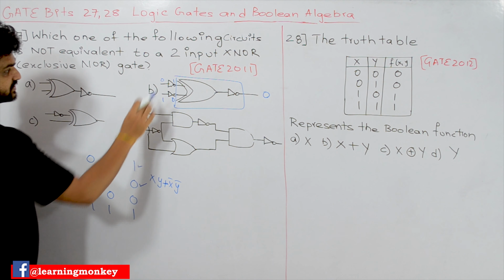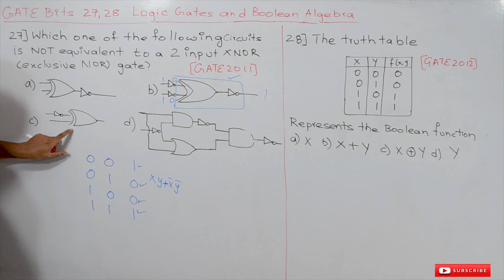So you should be familiar with this truth table. If 1 0 is given, it gets complemented as 0 1. If 0 1 is given to the XNOR, it is going to produce an output of 0. And similarly, if you take 1 1, it is going to become 0 0, and for 0 0 the XNOR gate is going to produce an output of 1. So this is also an XNOR gate.